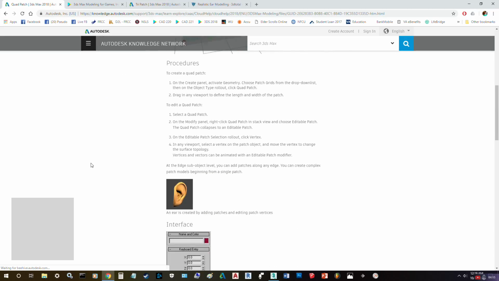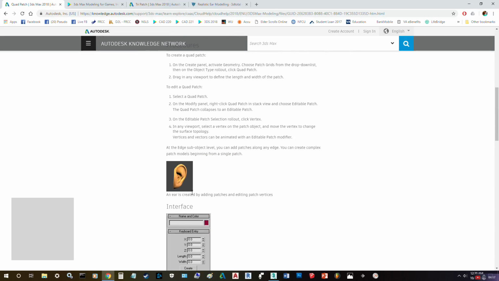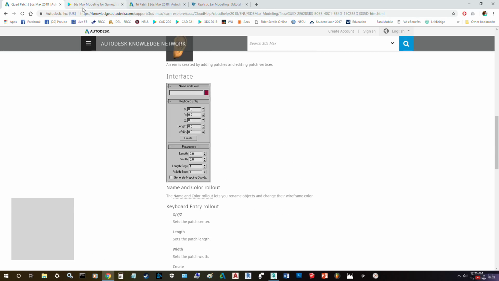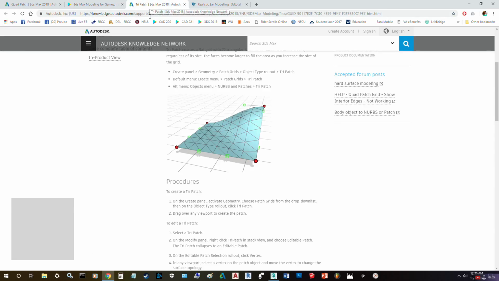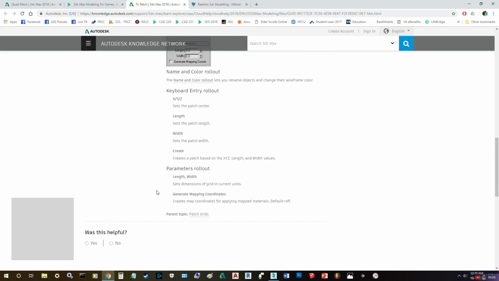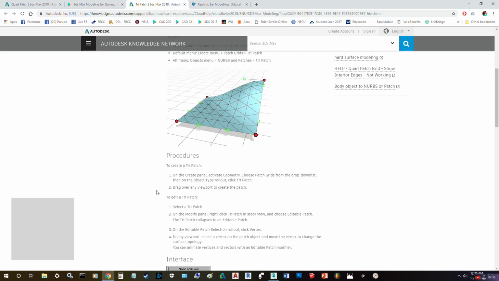As for the quad patch, they say that you can model an ear out of it, but they don't give a tutorial on how to do that. As for the tri patch, they don't even have a tutorial on it at all. So